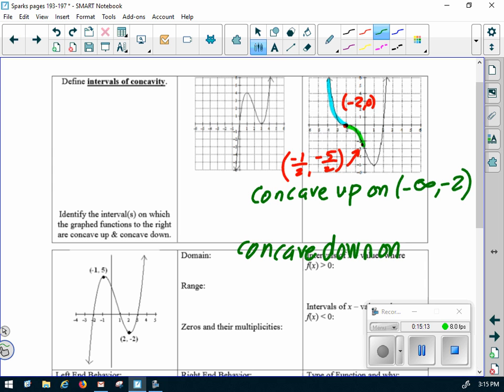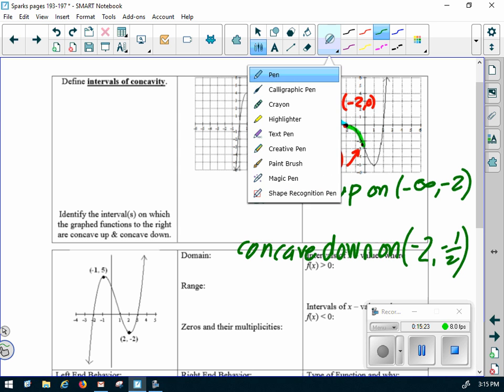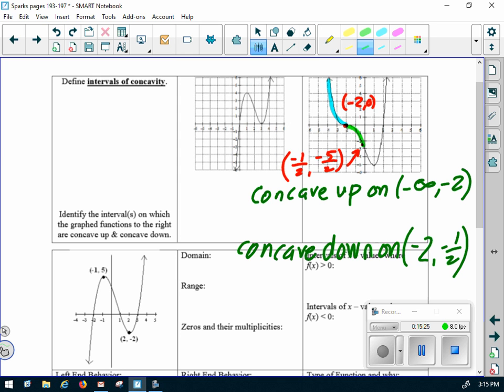On what intervals is this graph concave down? Remember the x values, where to where? -2 to -1/2. Purple. And then what? Concave up on,